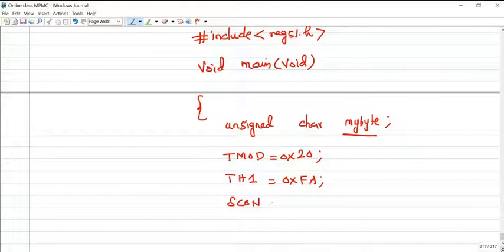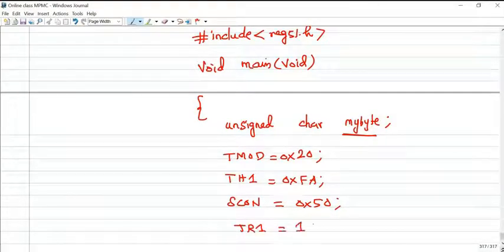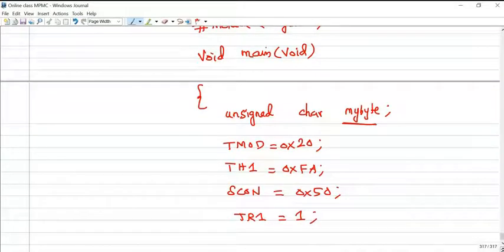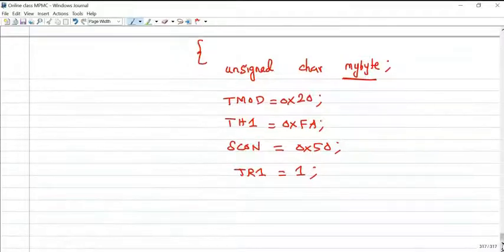For mode 1 serial communication, the SCON register must be loaded with hexadecimal 50. Then start your timer 1. The received information is available in SBUF.